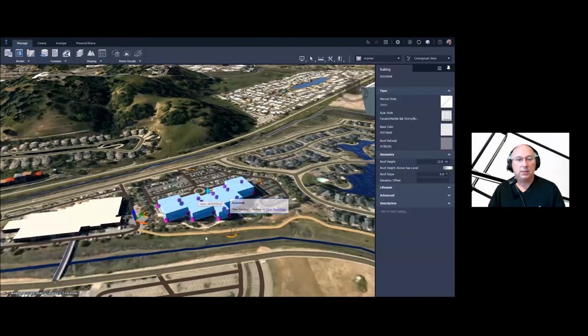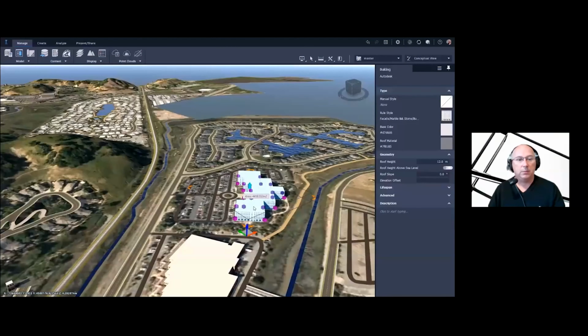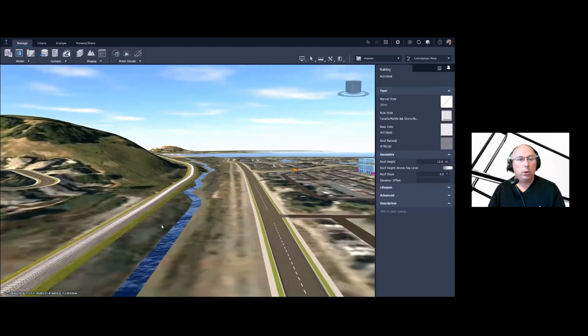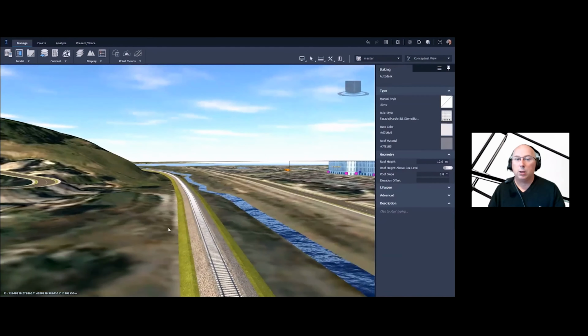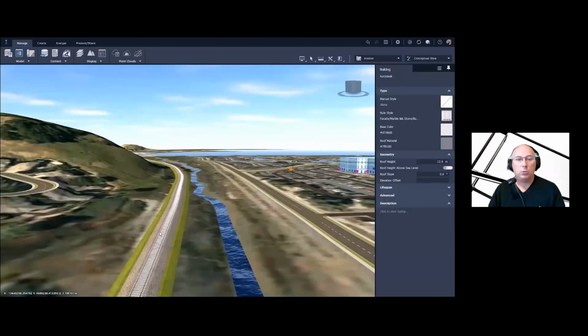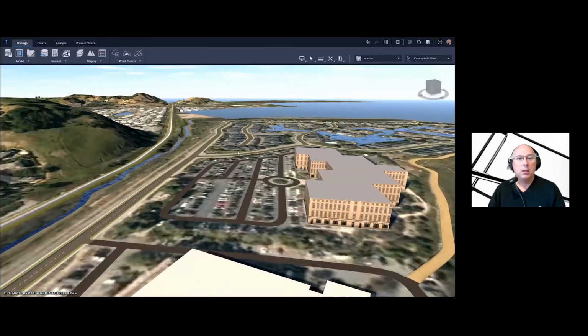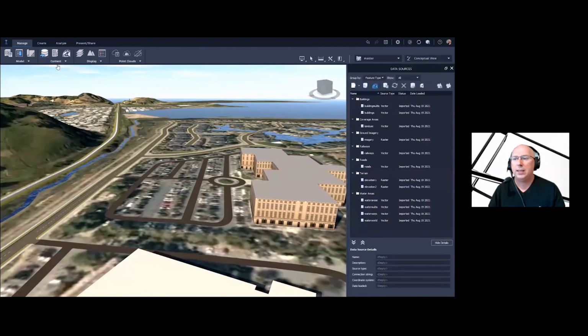So there's Autodesk's headquarters right there in San Rafael. And it also downloaded other things. Look, there's a creek, there's a railroad. You can dip underneath, no utilities, just the main roads, railroad, things like that, and various other things. So there's buildings in here. So we can look at some of the data. So what came across? There's the buildings. It imported different vector files. So it brought in vector land use, ground imagery.